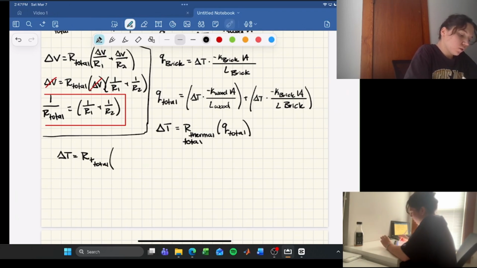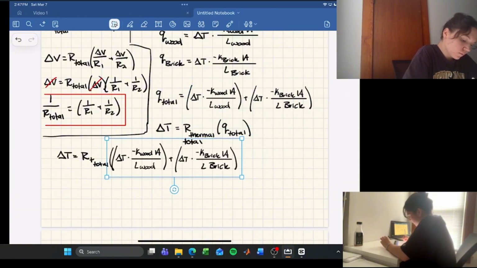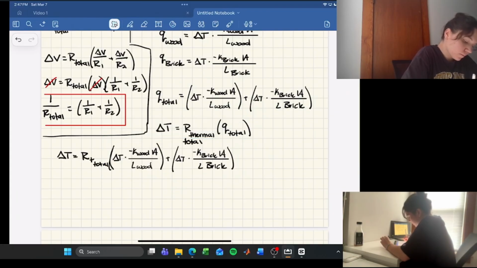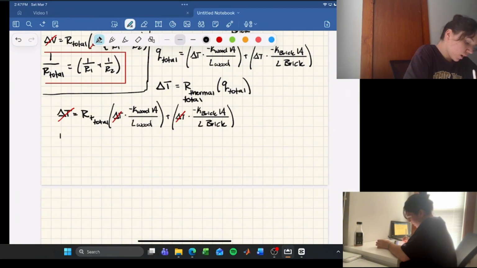We just said that the total heat flow is this right here, so let's copy that down. Like that. Okay. And looking at this, if we factored out the change in temperature, sorry, this would all cancel. This would be a 1. And we divide the total thermal resistance over. And we are left with this,